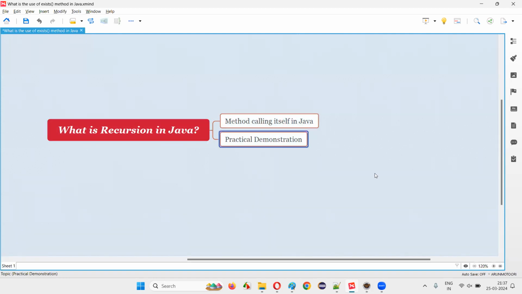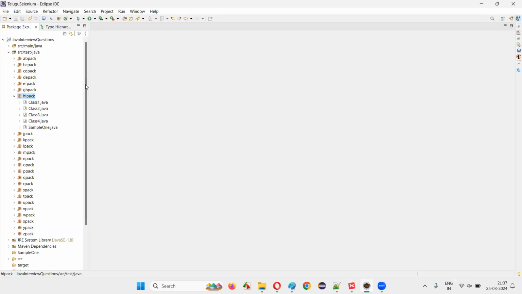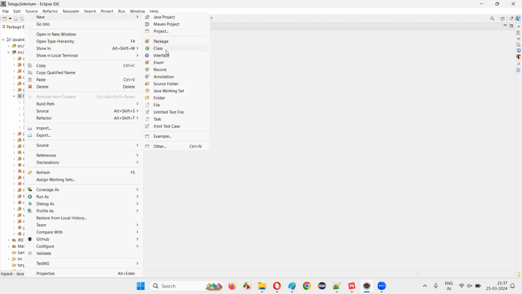So let me practically demonstrate with an example how a method can call itself. I'll take the example of finding the factorial of a number. For that we need to use this recursion mechanism, where a method needs to call itself in Java, to achieve the result. For that, I'll switch to Eclipse IDE and create a new class. I'll just name this class